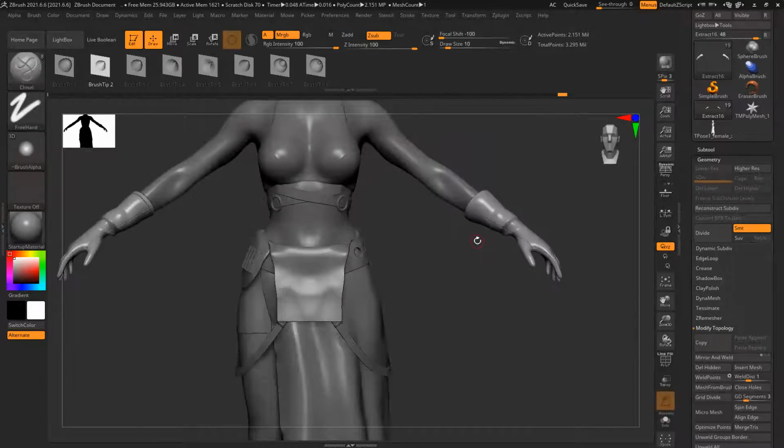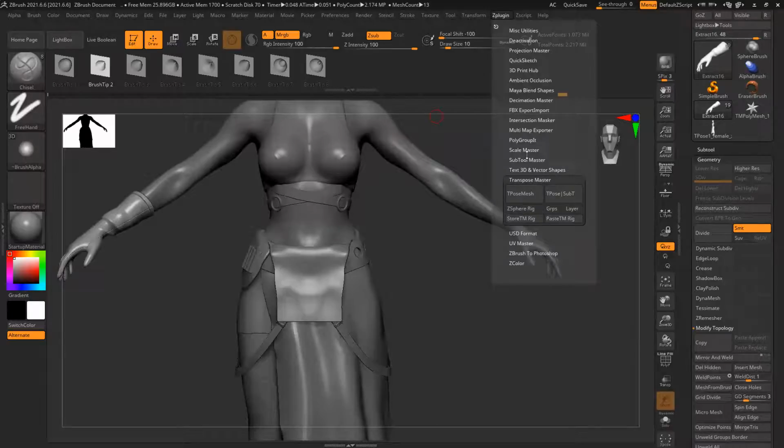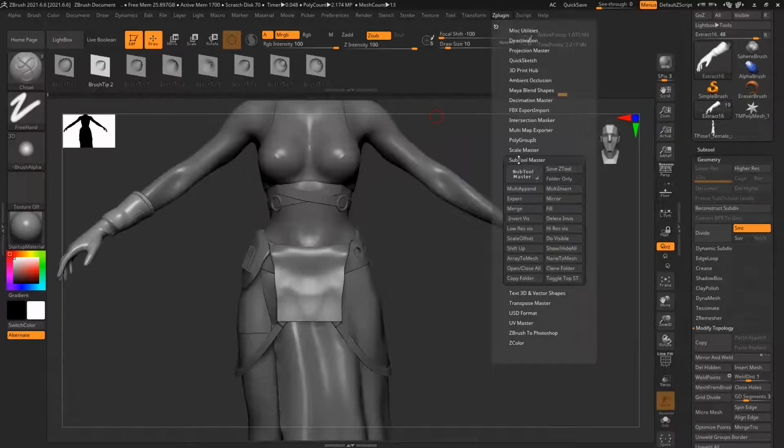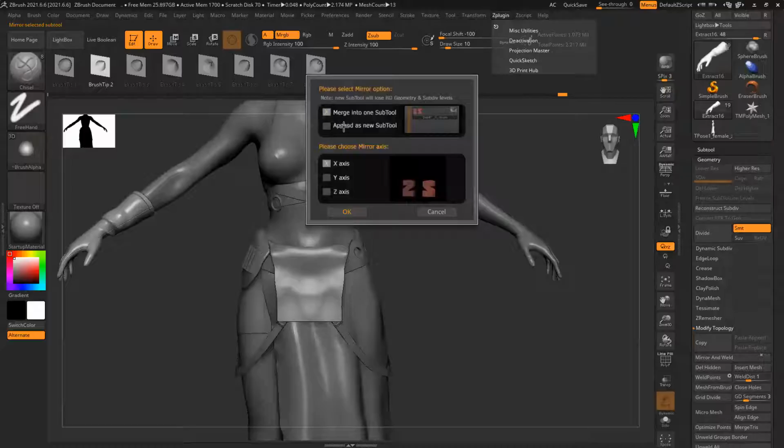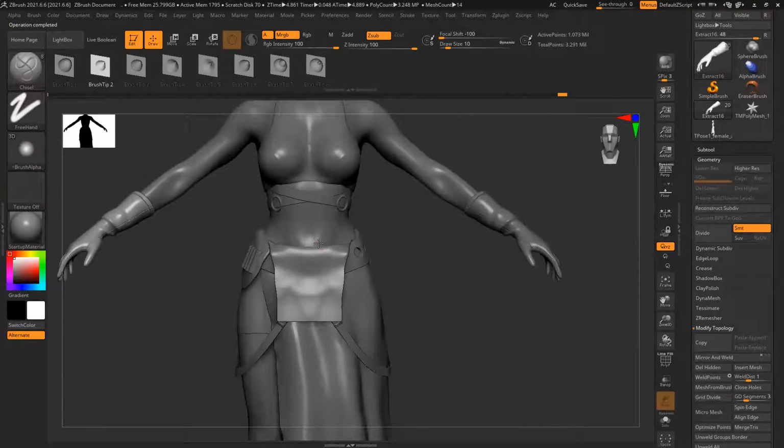Oh, symmetry is on. Oh, my bad. That's why it wasn't working. Hide this, delete it. It's gone. Subtool Master, Mirror, Merge, or maybe we can keep it separate also. Let's keep it separate.